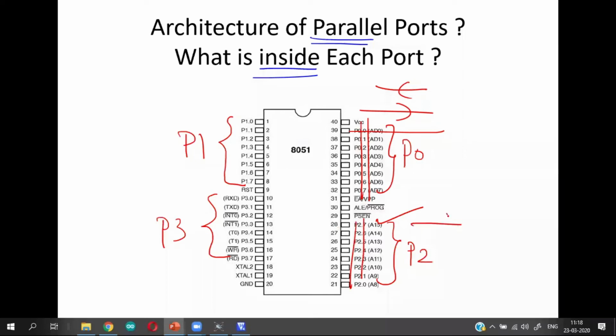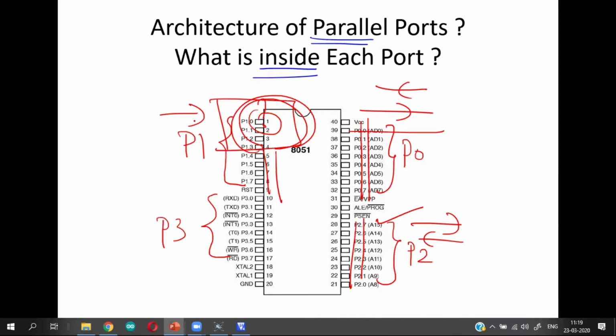You supplied or you received data from peripheral devices. But if you ask me what is actually present inside this parallel port, so if you put a zoom lens and see what is inside this parallel port, then probably you will have a better understanding of using these parallel ports.